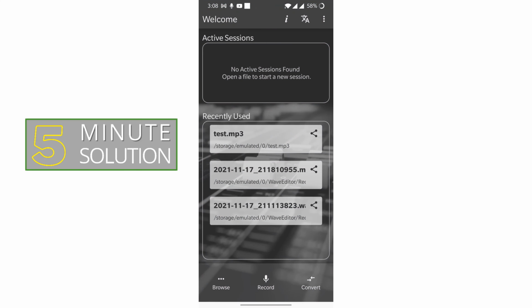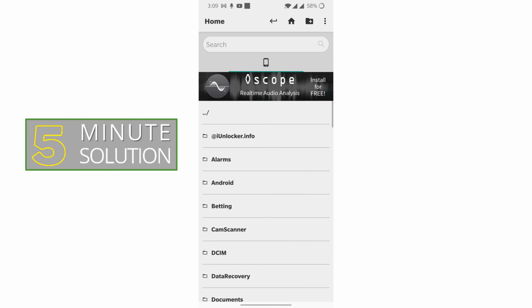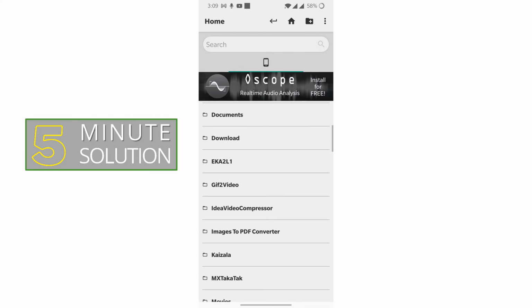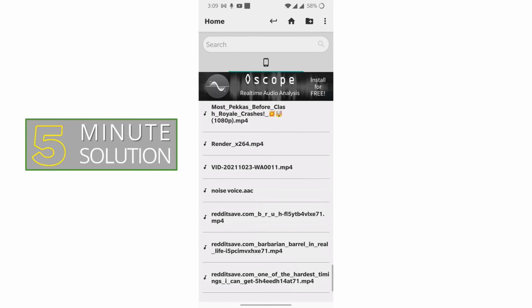I've just downloaded this software already. Now here you can see the interface of the application. You can simply record from this software and edit later. But if you have the audio file previously, you can see the browse option on the bottom left side. Just tap on that and find the audio file